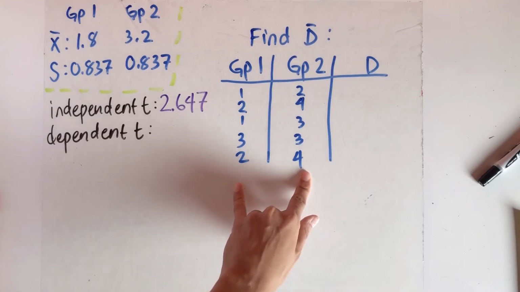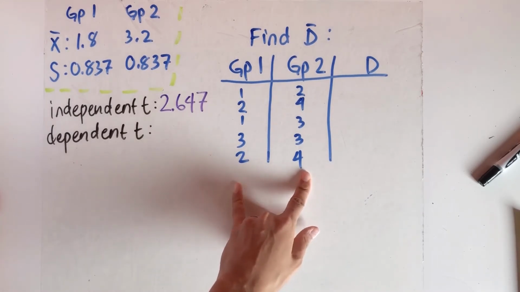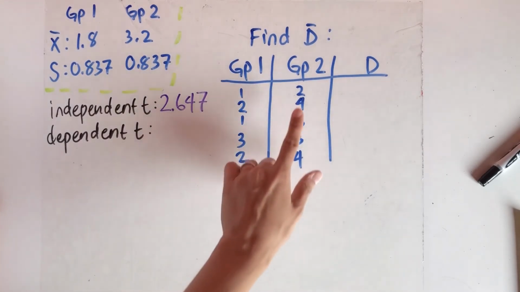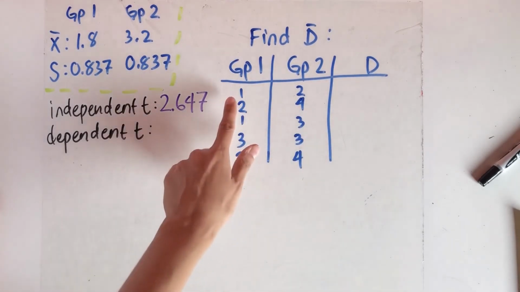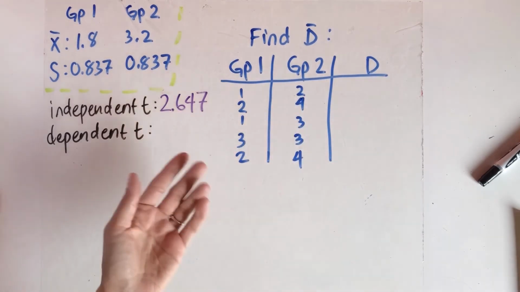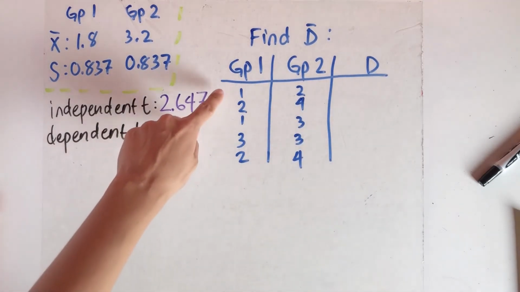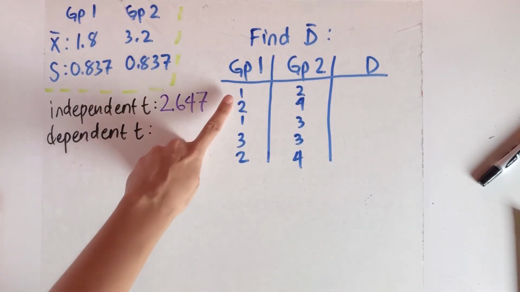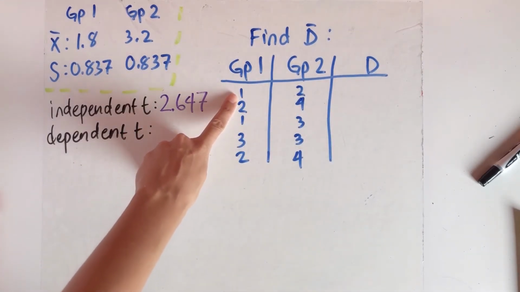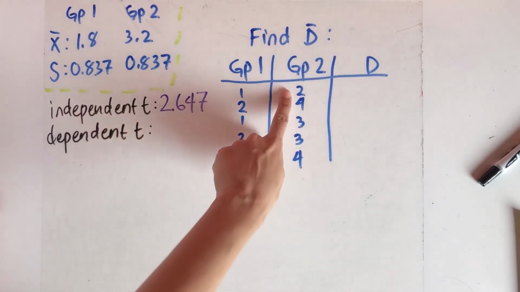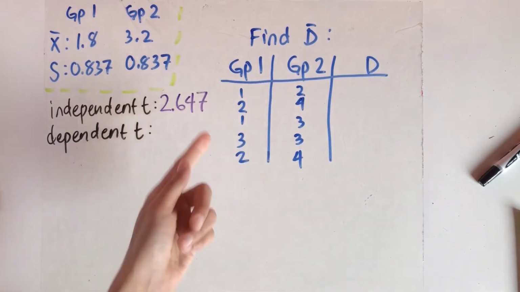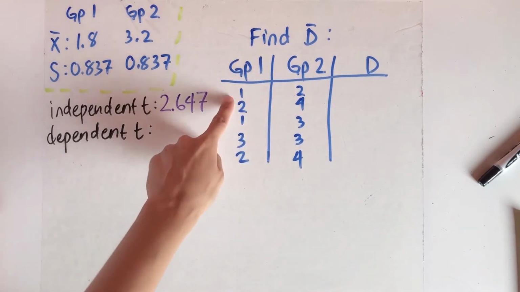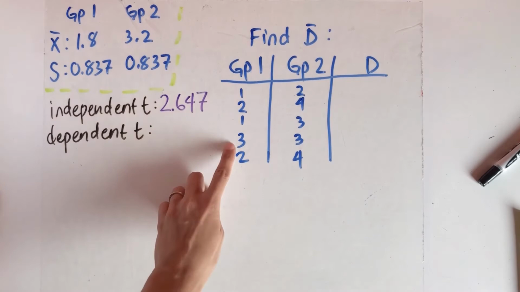In this case, now that we're assuming that the data are paired for a dependent t-test, what's important aren't the scores themselves. It's important what changed between them. So, for example, we have participant 1 represented by this row, and their score, say before, was 1, and then after treatment was 2. And so what's important is that they went up from 1 to 2, not that originally they started at 1. Same with this person.